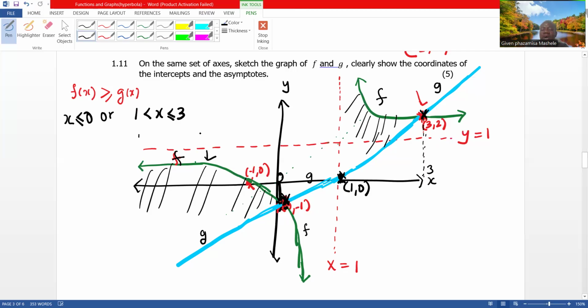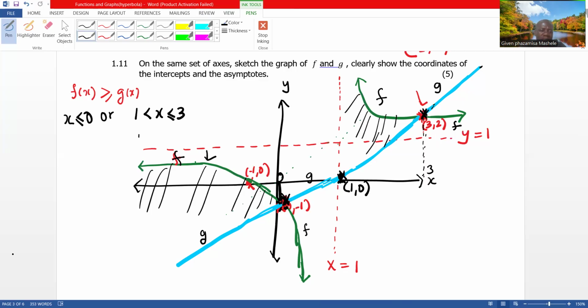Why are we not including 1? It's because at 1, the graph of f is not touching, it's an asymptote. And let us look at points that are above 3. G is bigger than f, so it's not what we want. You can also get this algebraically without having to read from the graph. You can also use inequalities, but you must be careful when you're dealing with fractions. So it means the answer